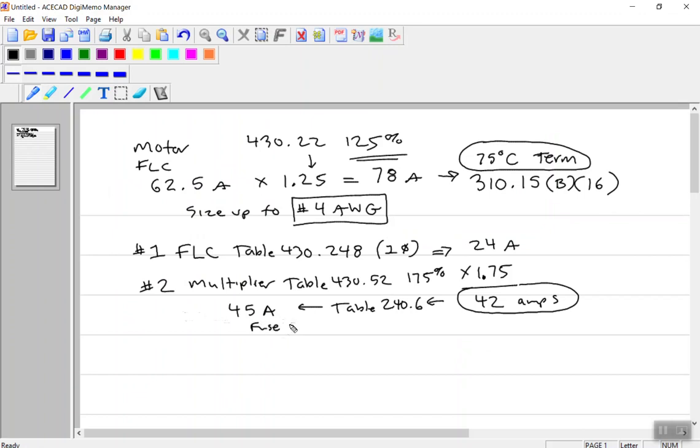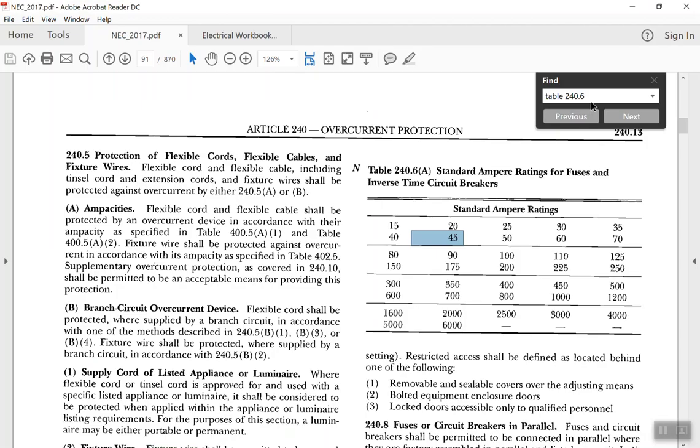Well, if our overcurrent protected device or fuse is 45 amps, that is the value that we need to take over to the table to size the equipment grounding conductor. So now this is kind of like a procedure here. Now we're going to need to go to another table, 250.122, to size the wire, okay? And then we knock this thing out. That's pretty good. So let's go ahead and size the wire there in this equipment ground table